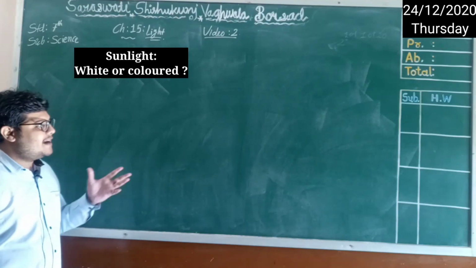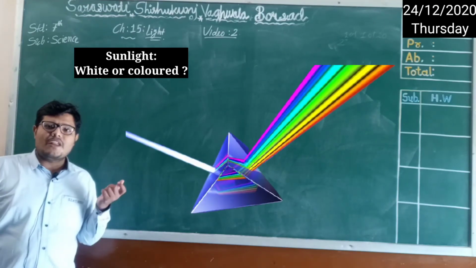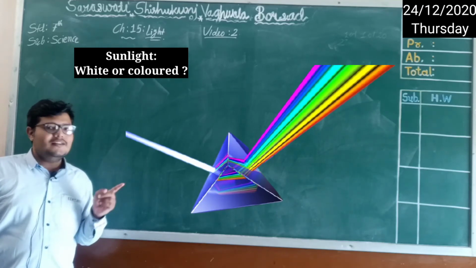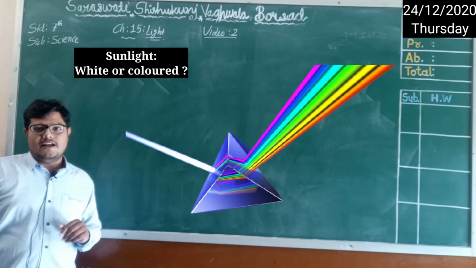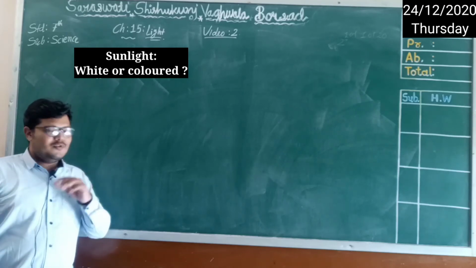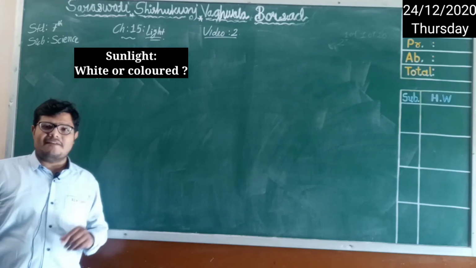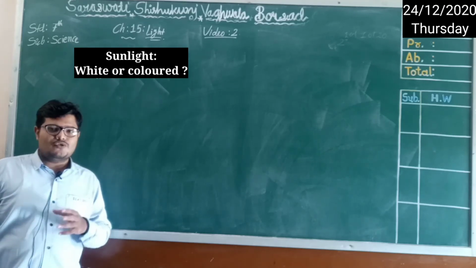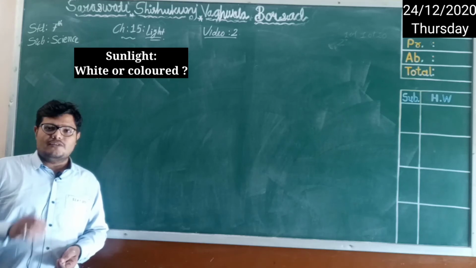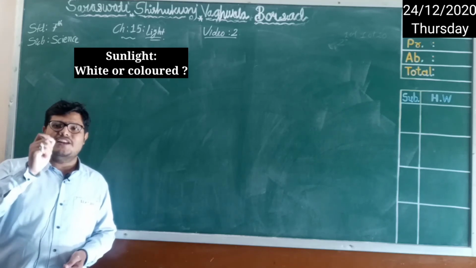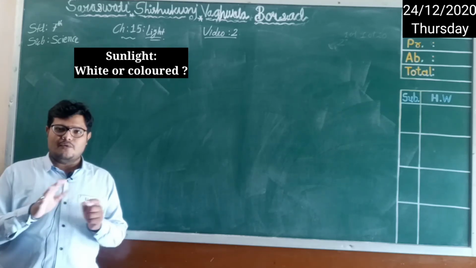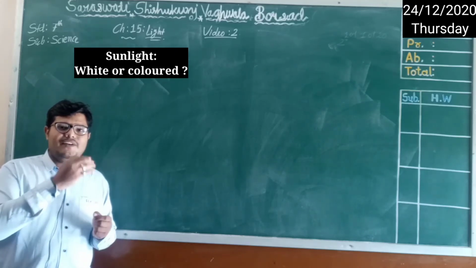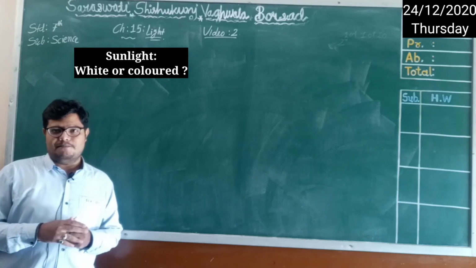To understand that, here you can see one picture. There is a prism through which one light ray is passing, and on the other side you can see 7 different colors. Now you will ask me how we are getting these 7 colors, how we can separate them, or how they are coming out from the prism. So look here, there is a specific frequency for every color. Right now it is a little difficult for you to understand frequency, but remember that word: every color has a different frequency, right?